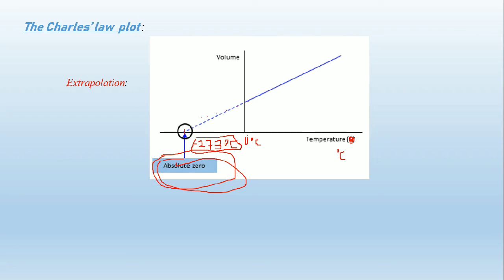I want you all to absorb this idea very well, repeat it twice or thrice, and then we'll come back in the next lecture. We'll learn about the absolute zero scale of temperature and absolute zero. What does it mean? Does volume really become zero? Is it possible for volume to become zero? We'll discuss all those aspects. At the same time, we'll try to solve some of the numericals relating to Charles's law. Alright, so we'll meet up in the next lecture.